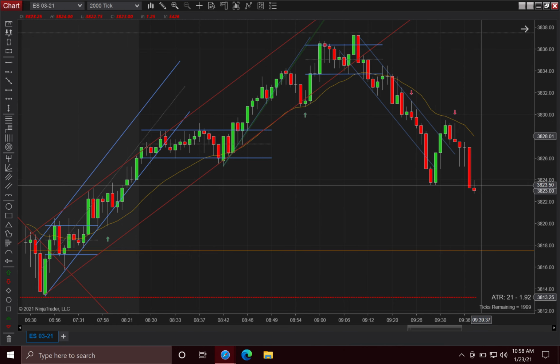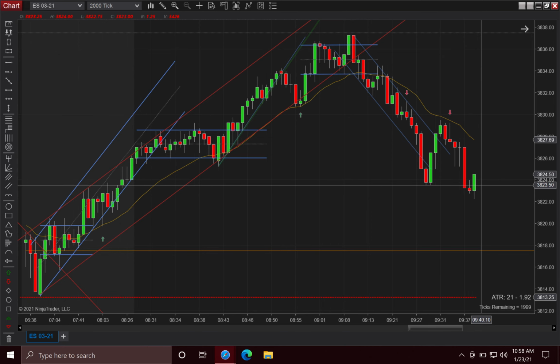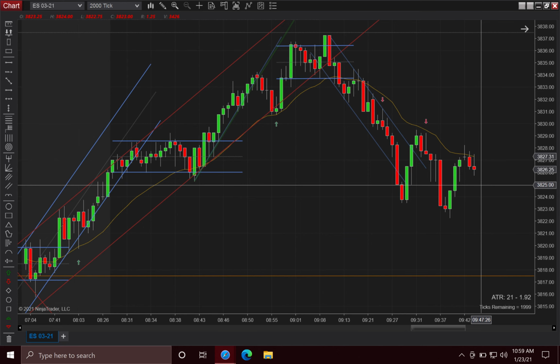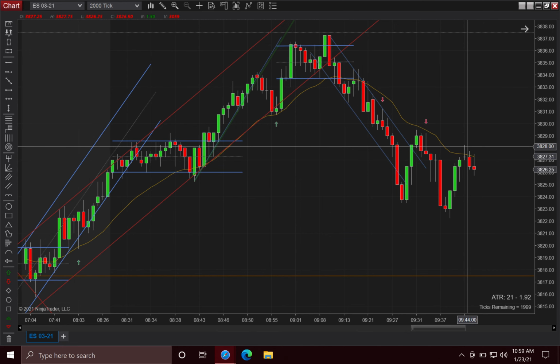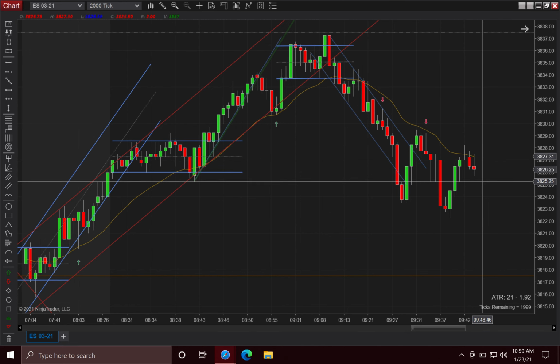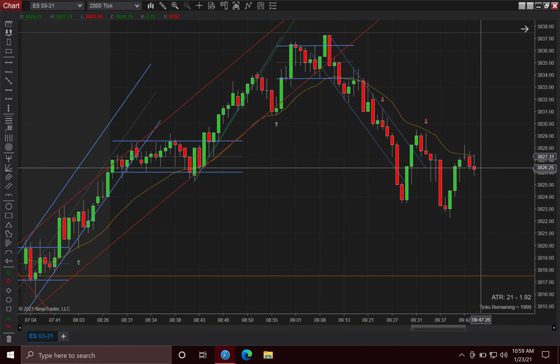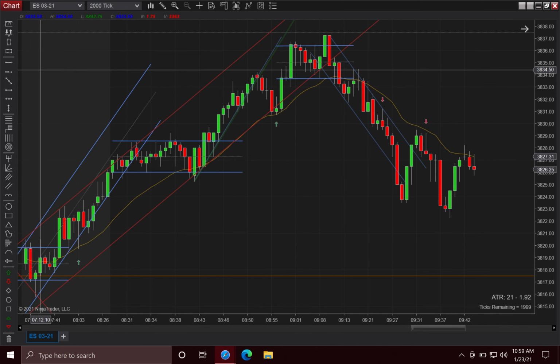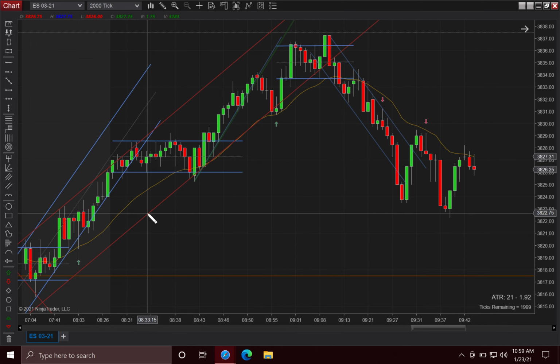move to a new low. So we're looking for any reversal patterns. We come up to this EMA and then we get another turn down. I would be looking for more second entry shorts. I don't know if I would want to expand my